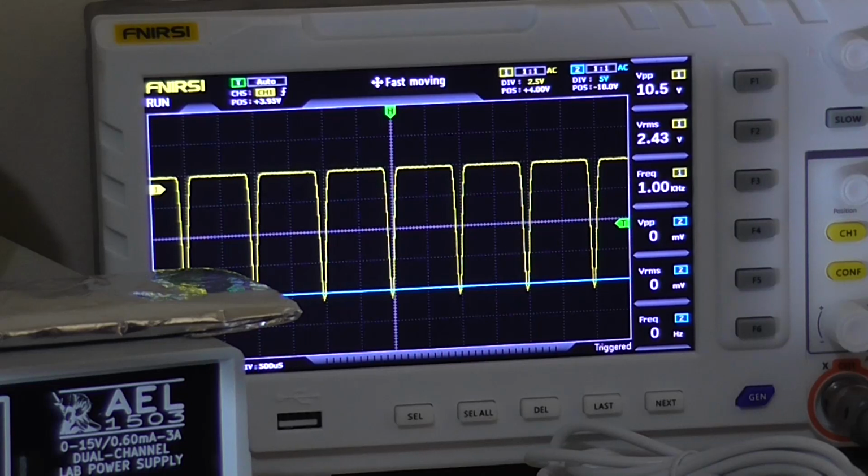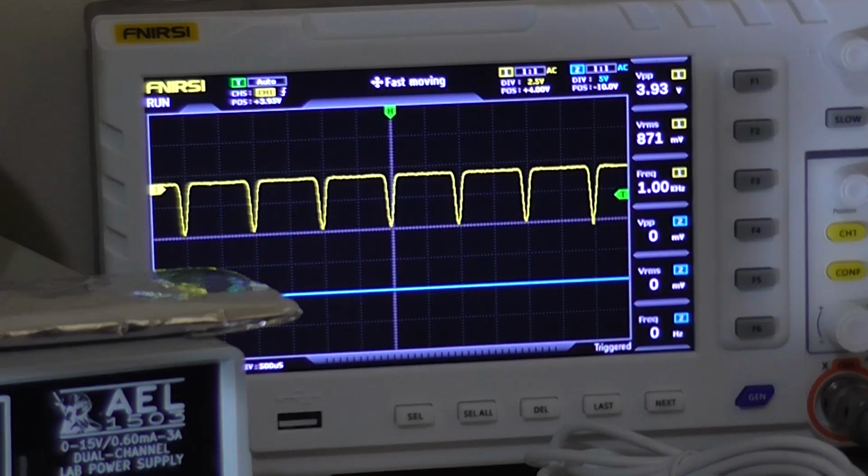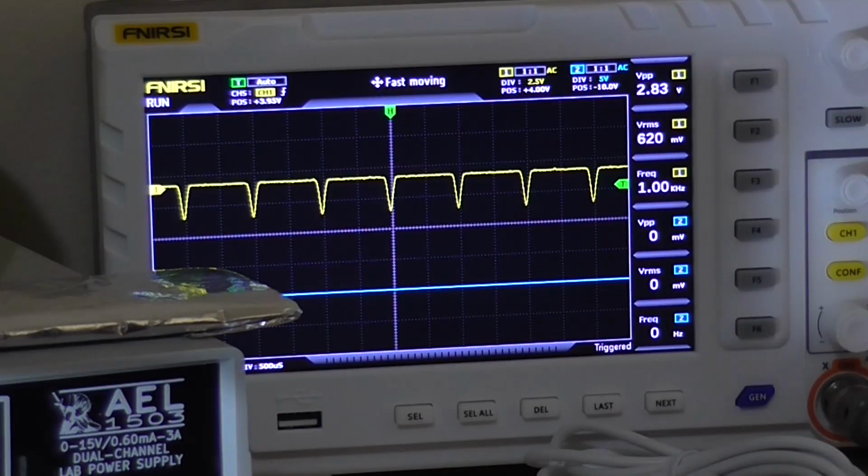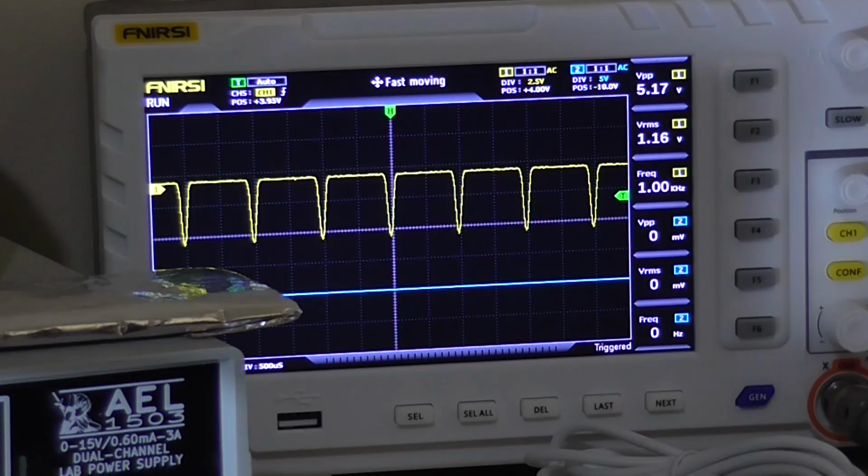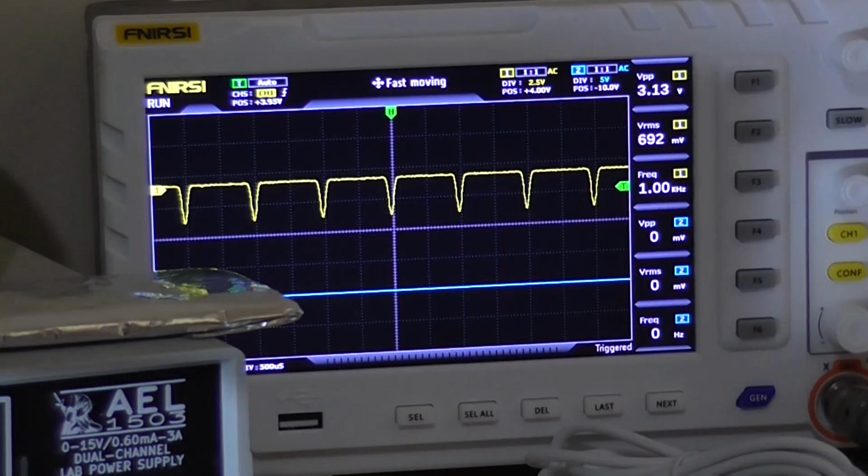Yeah, it is more reactive. I'm turning it up less now. Yeah, it's still not reactive enough. I'm going to have to play with some resistor values here and see if I can make this circuit operate